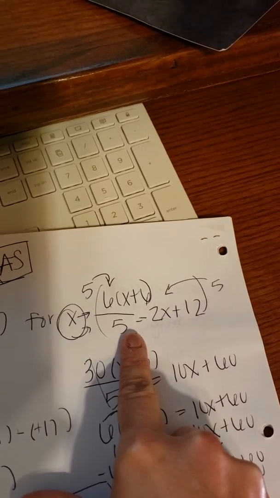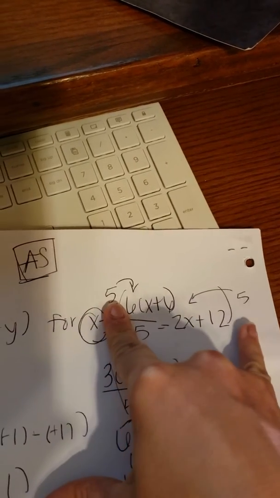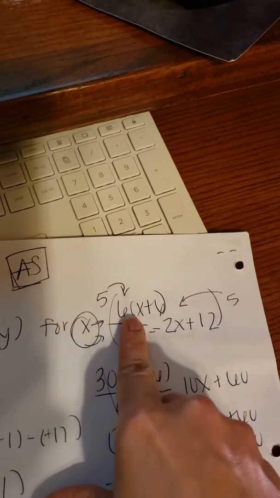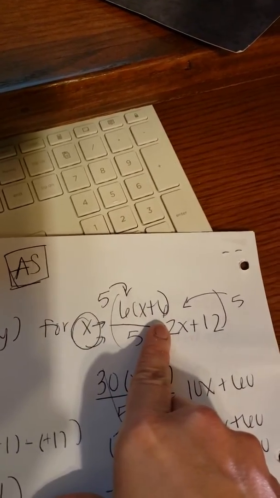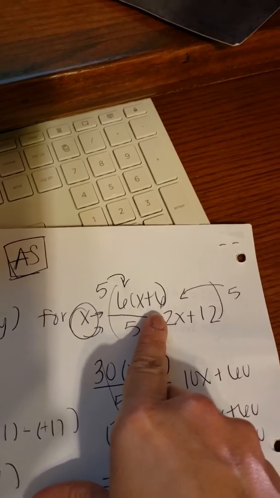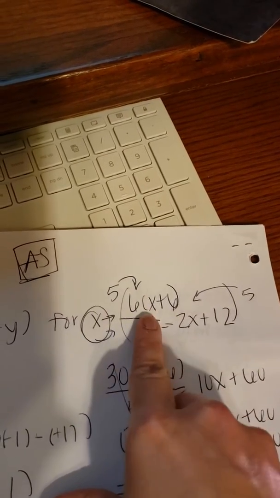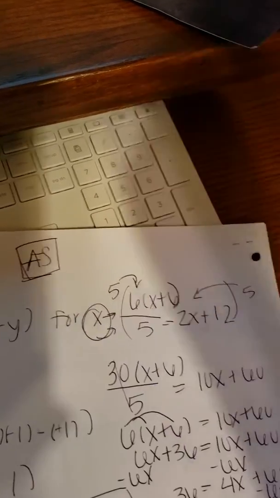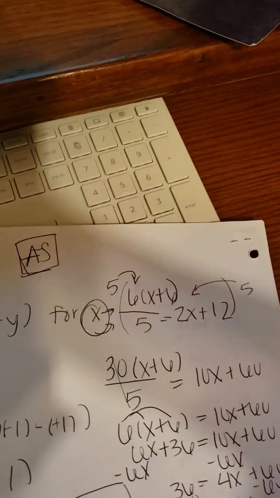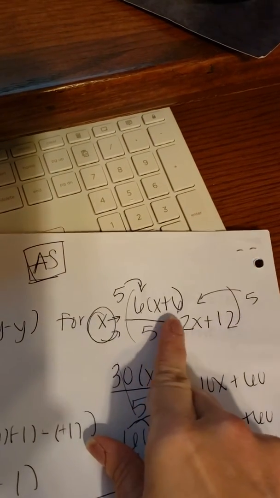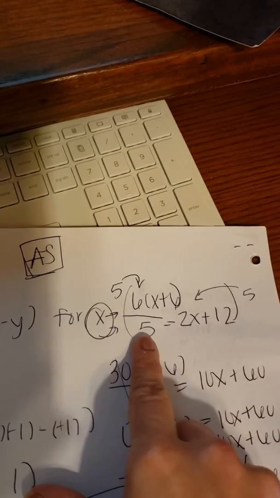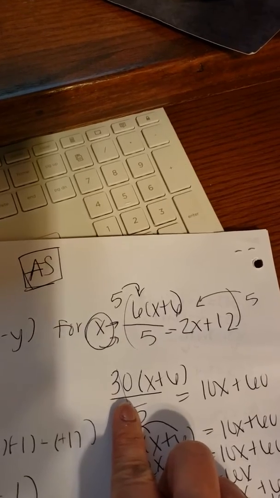So as I solve for x, you notice that they're dividing by 5. So first thing I'm going to do is multiply everything by 5. That's why you see the 5 here and the 5 here, because both sides of this equation are getting multiplied by 5. This is a product. This might as well show up as like 6x or something. So when you see me multiplying by 5, it's really only going to the 6, because this is functioning as one term when it comes to multiplication. We aren't going to multiply these in here by the 5 as well, because this is just a product of those two things. Okay, so 5 times 6 is where I will be getting the 30,